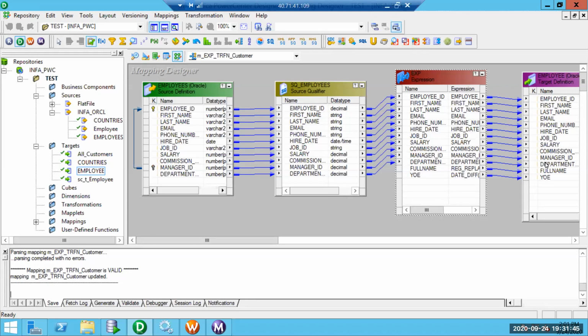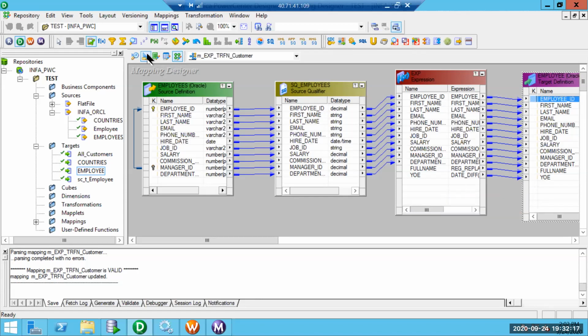configurations which we can perform, wherein whatever data is present, it will try to update. If data is missing, it will try to insert with the same mapping. With the same mapping, I'm not going to do anything. The only thing I am going to do here is, if I am trying to do any upsert functionality, we need to specify the key column on which we want to update.